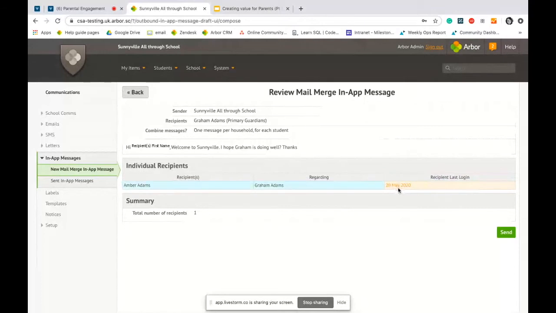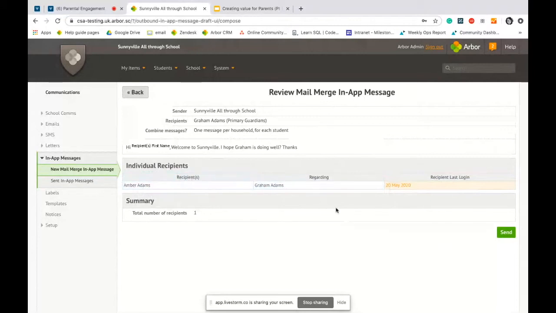But also what this will allow me to do is go, right, okay, if no one's logged in a while, I may need to look into why they've not logged in. And because I've selected one message per household for each student, Joseph's not showing on here because I've unsubscribed him from comms previously. So what you can see from just doing those few steps is how everything pulls through and has an effect